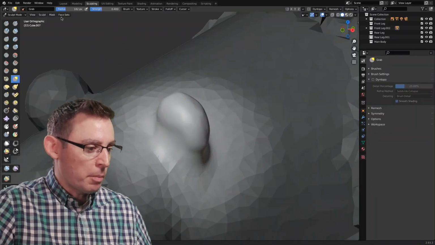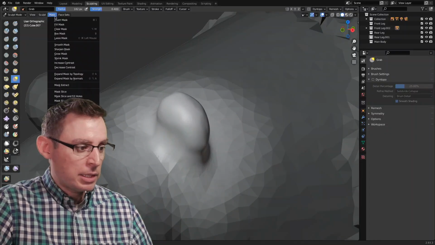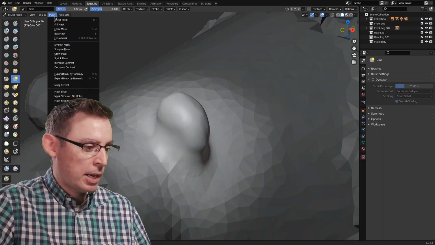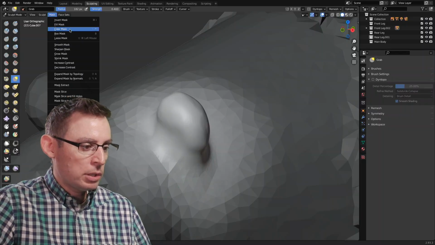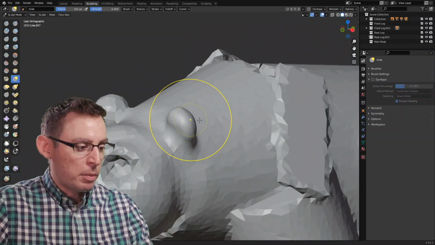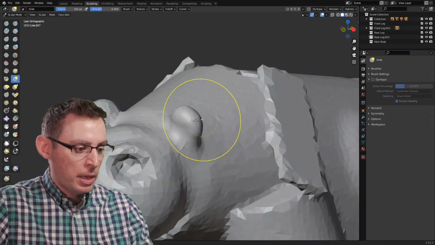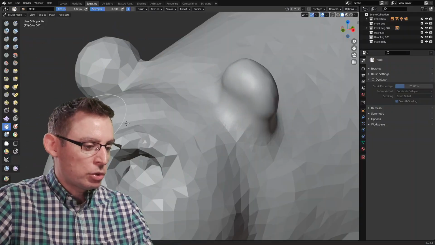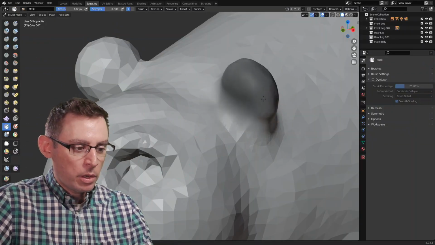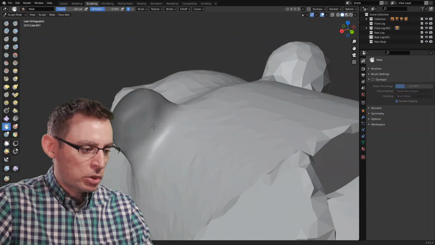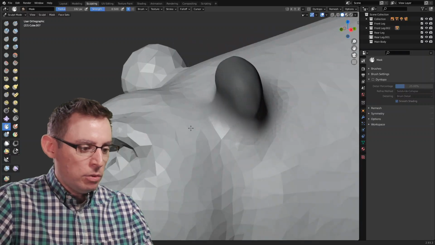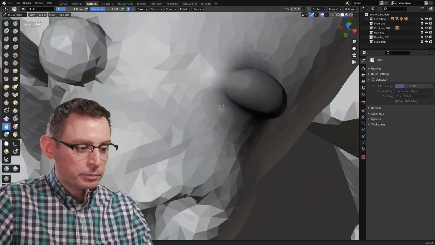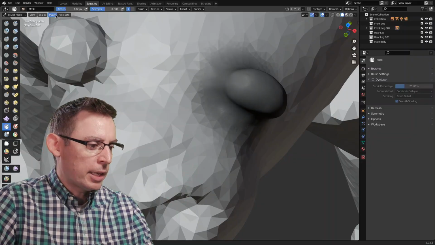When you're done with your mask, if you want to drop the mask and continue working across the entirety of your mesh, just make sure you clear the mask, and that removes the mask from the entire system. So our masking tools are a fantastic addition to our workflow. Go in, we can grab some shapes that we want to continue to sculpt on and work on, and then use the masking tools to really localize the edits.